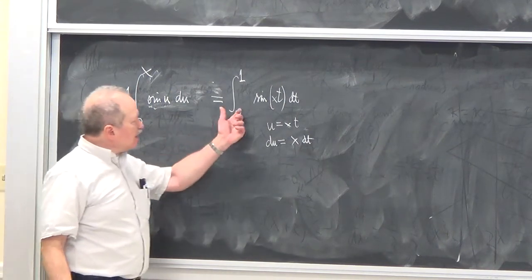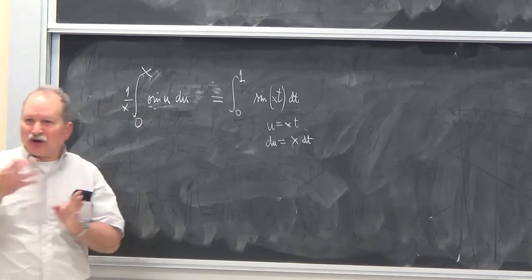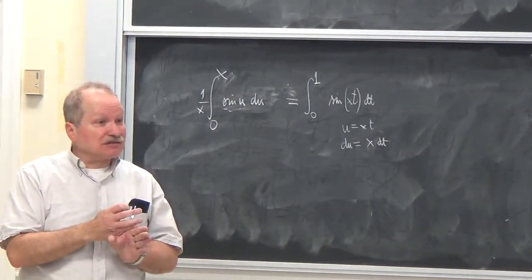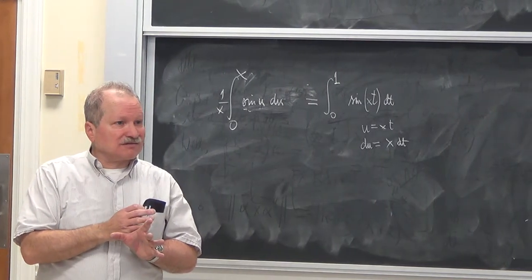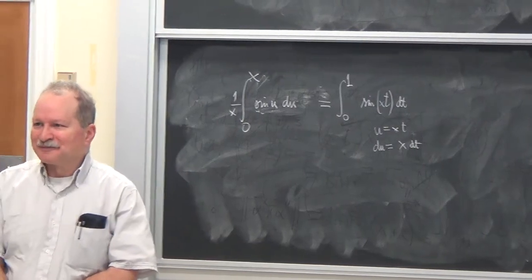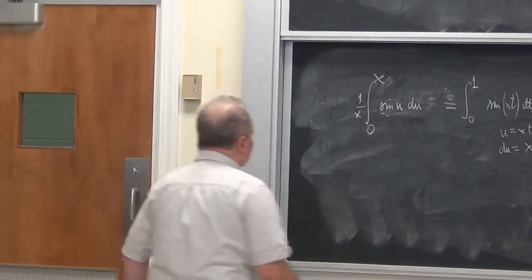So if you have an integral that goes from 0 to 1 and another integral that goes from 0 to x, they have to be related by some sort of substitution. That's the major hint, and I'm not saying any more on that problem. So this was a hint